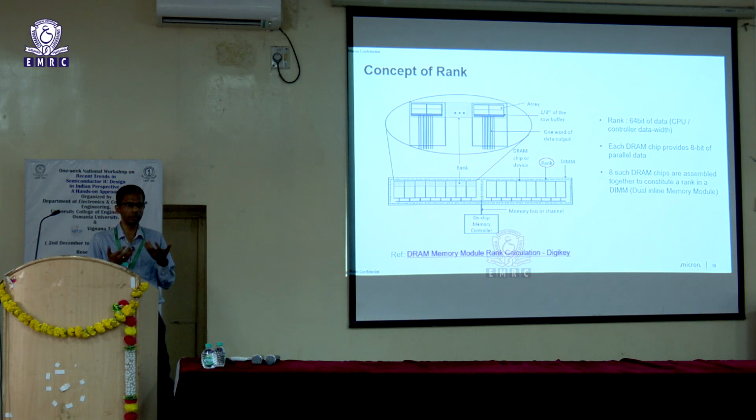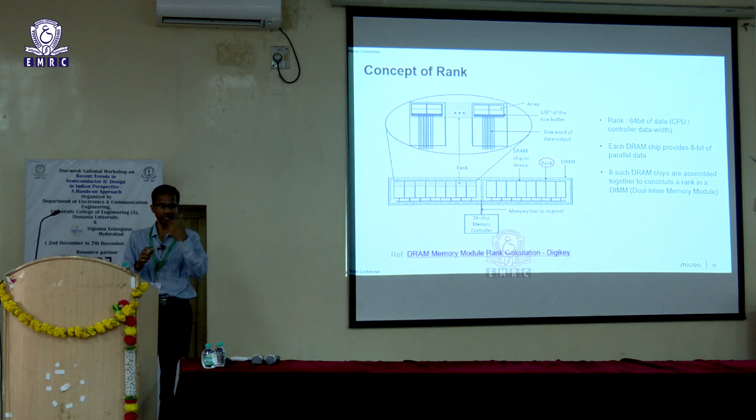How are we enabling that? Through a rank system. You will have a rank 0, which will interface with your memory if it's a single rank system. And if it's a multi-rank system, you will have a chip select to select between the ranks, so that when you are accessing one particular rank, you have 64-bit data coming from those 8 DRAM chips. And when you are accessing the next 8 DRAM chips, you will disable this chip select and enable the chip select of that particular rank.